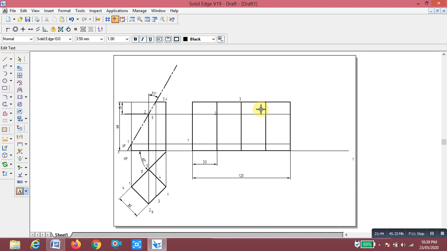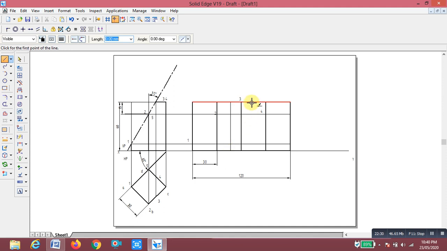Here one more point, this distance we are going to measure. What is this distance? So here two distances. This distance is around 12.31. Okay, so here we are going to draw the line. And this side also 12.31.